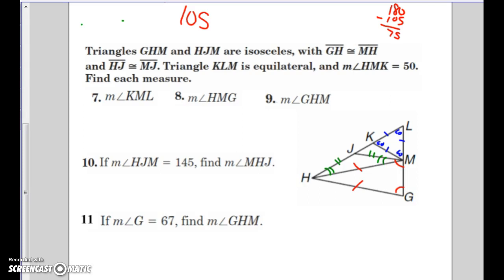And then it tells me that HMK is 50. I know that this has to be a straight line, so this has to equal 180. So 60 plus 50 is 110. 180 minus 110 is 70. That means this one is 70. This one is 70. That gives me